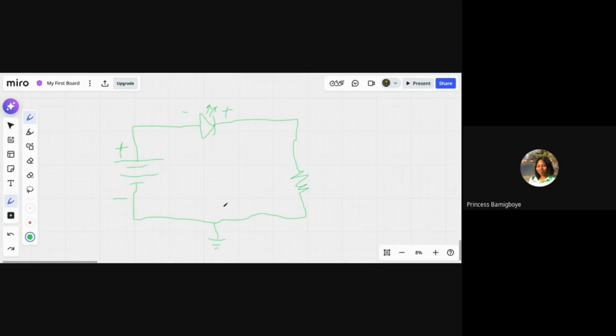If there was a switch here now, you would have seen maybe something like this. Open. Let me just draw it outside of that.